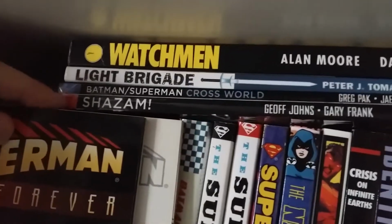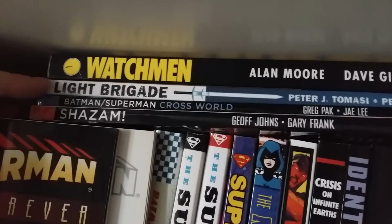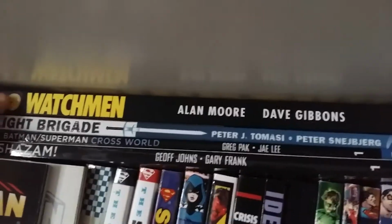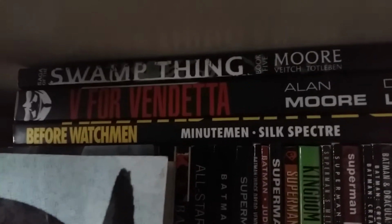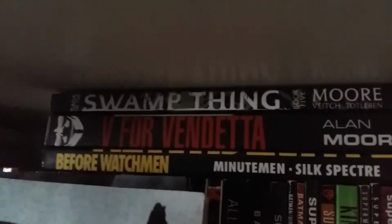The New 52, Shazam, Batman, Superman, Crossworld, Light Brigade, Watchmen. Before Watchmen, Minuteman, Silk Spectre, V for Vendetta, and book 5 of Swamp Thing. I need to get the rest. Right,